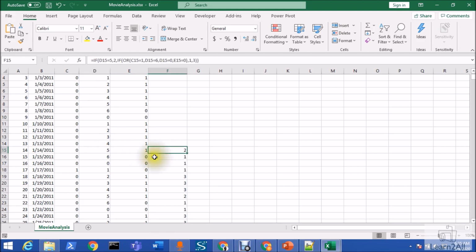Let me explain in these terms whether the person will go for a movie or not. 1 means, of course, they will go for a movie, the maximum number of people will go. 2 means a 60% possibility that people will go for a movie, and 3 means that no maximum number of people are going to watch a movie on this day. So basically this is my historical pattern and historical data.